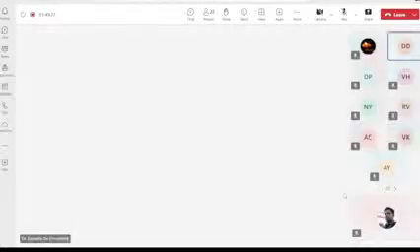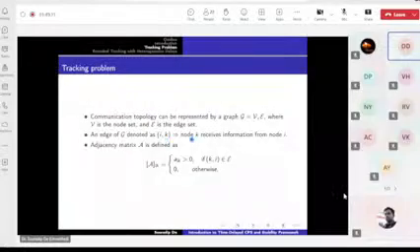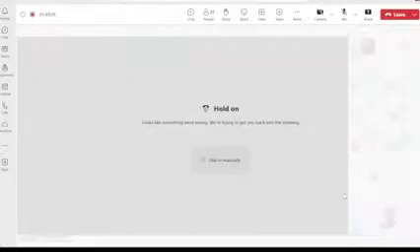This graph will be denoted as IK if node K receives information from node I. So now let's say you have n number of nodes, then you can find what should be my adjacency matrix. So edge weights are positive if the edge exists in the system, and if there is